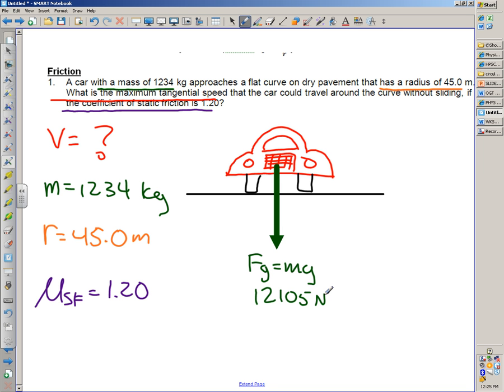This car is coming out of the board and traveling towards you, but, like it says in the problem, it is not going straight. It says it's going around a curve. This curve comes out of the board, and let's say it's turning to your right, this car's left. Does that make sense? So it's coming out of the board and going this way. Okay? That being said,